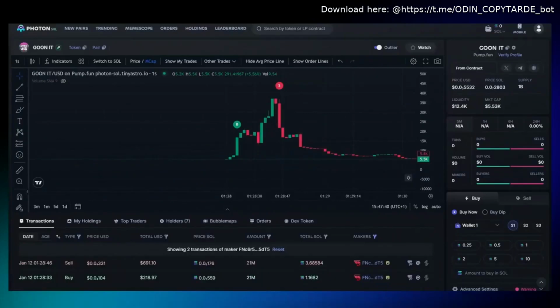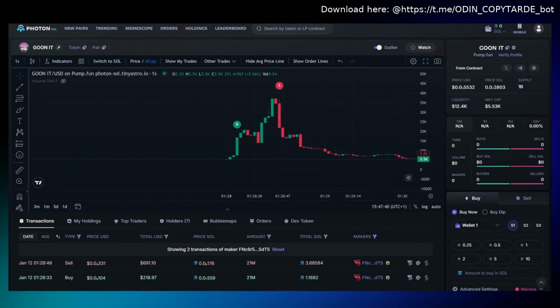On the other hand, when trading low market cap risky tokens like the one in the example, shown with only $12,400 liquidity and $5,500 market cap, there's a high risk of price manipulation. Some traders might use these illiquid tokens to profit from copy traders by pumping and dumping quickly. Looking at the 1-second chart, you can see these sharp price movements. This is why Odinbot implements strict slippage protection to prevent your account from falling victim to such manipulated trades and